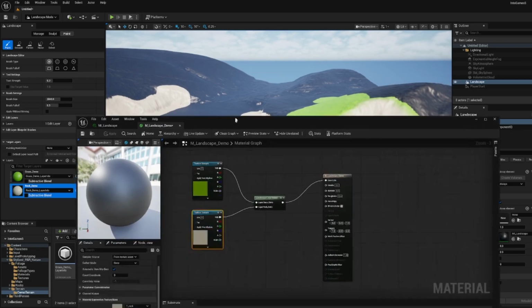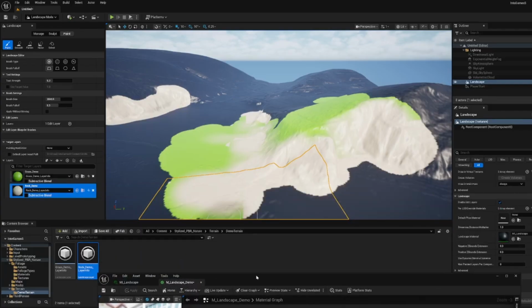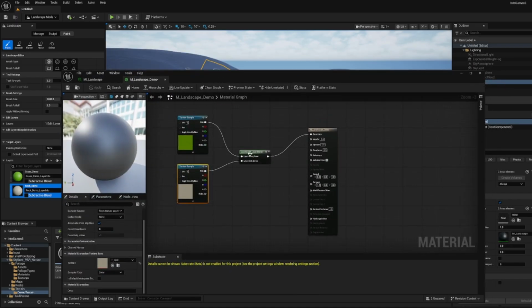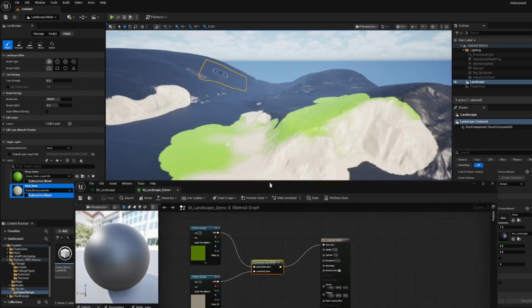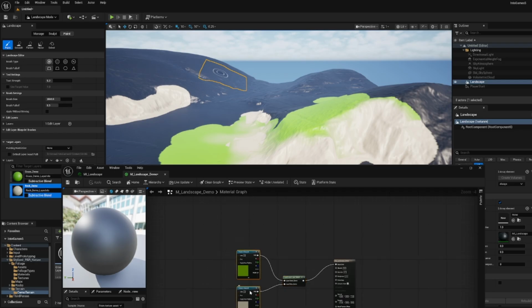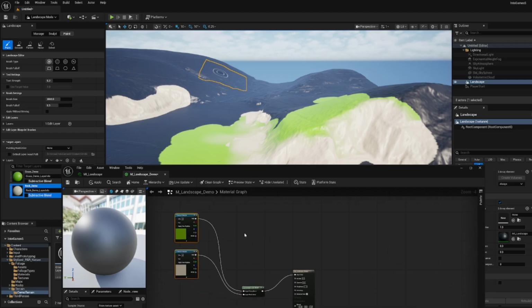I am lazy though, so I'm going to figure out if I can just use rules to figure out where to put grass and where to put rock. So this layer blend connects directly with the painted layers that we do here. But I'm going to ignore that for now and just think about how to blend these 2 textures together. And I guess the rule set that you'd want here is, I